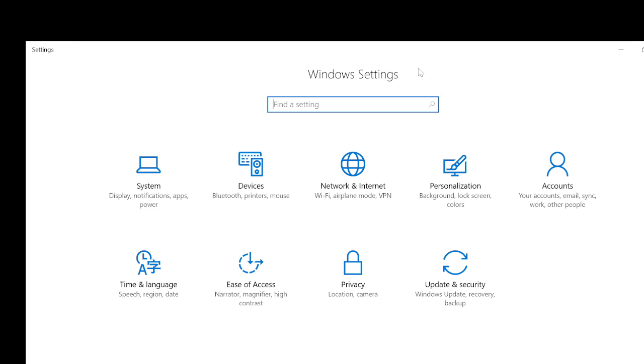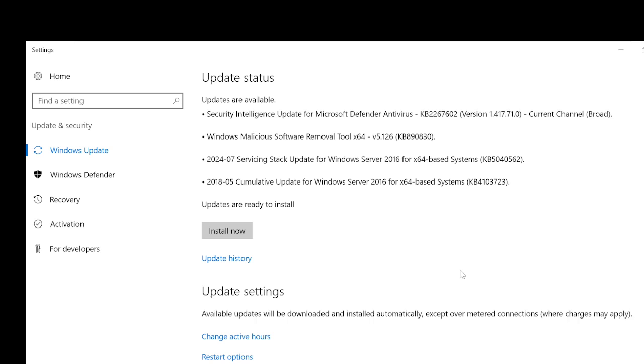If I go to settings, you see Update & Security. Click on that.